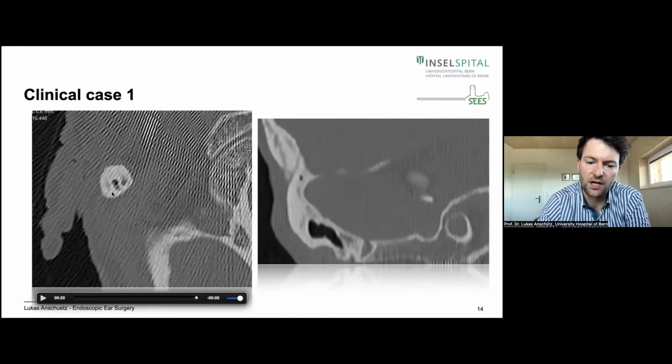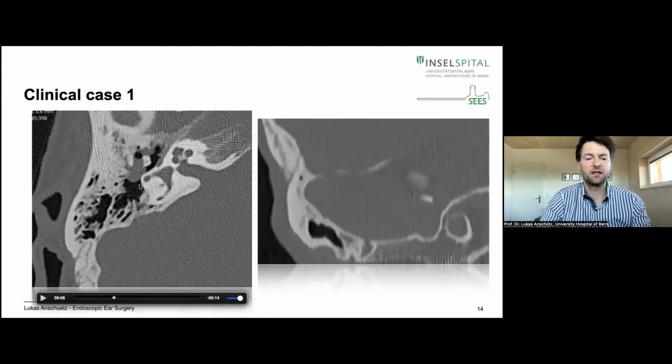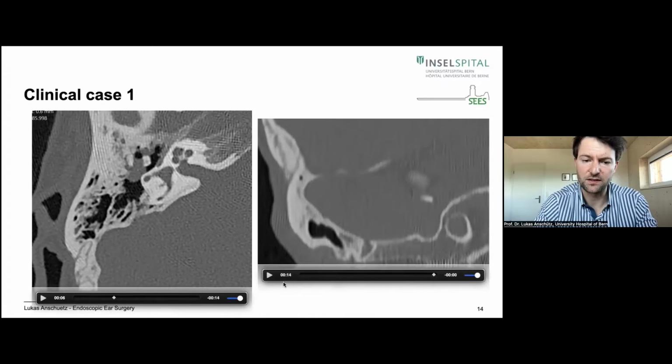So I planned for her an endoscopic removal of the cholesteatoma. And when I do cholesteatoma surgery with the endoscope, you can imagine that this might be a cholesteatoma which you can remove very well through the canal, because the size does not go posterior to the lateral canal. But you never know, it might be bigger, it might be a problem with removing. So I always explain to the patient, and if we need, we will do a retroauricular approach, drill away the mastoid and completely remove the disease. I think this is the most important thing for the patient.